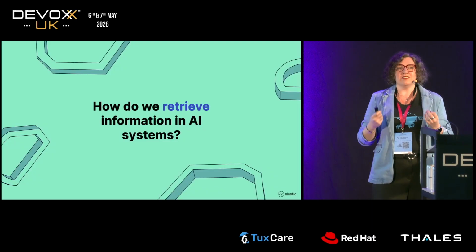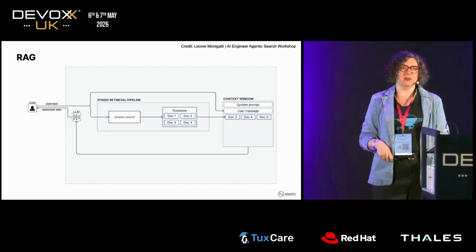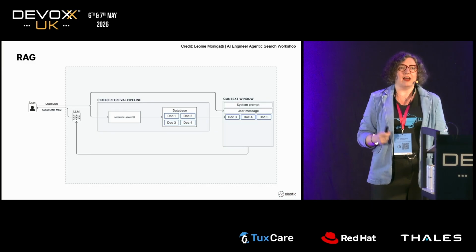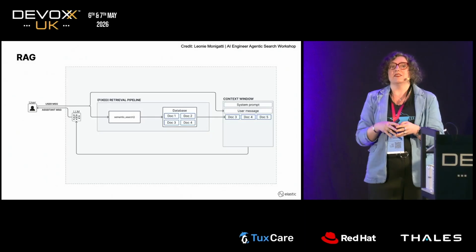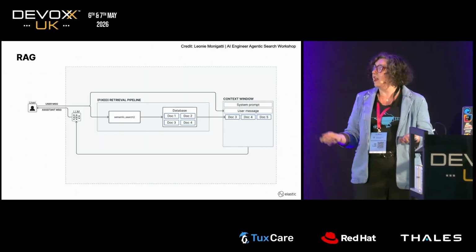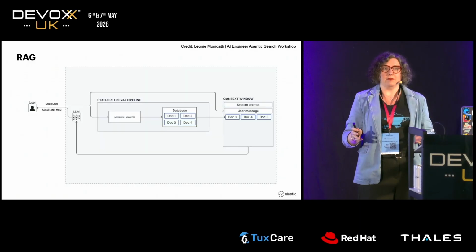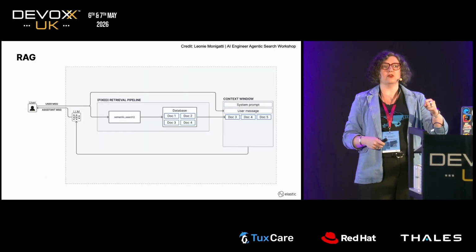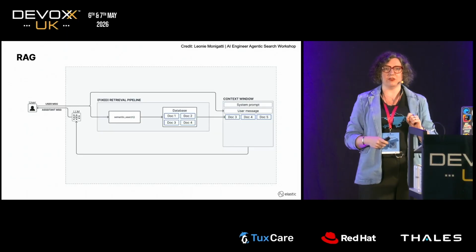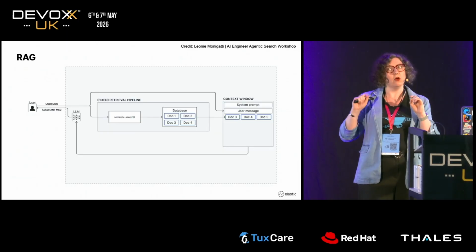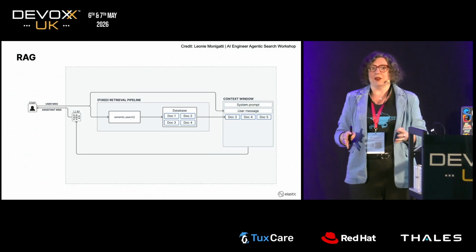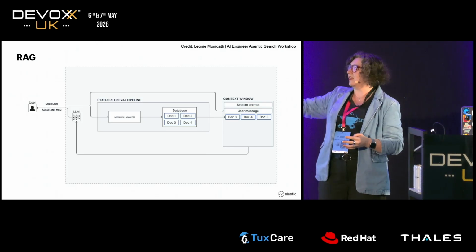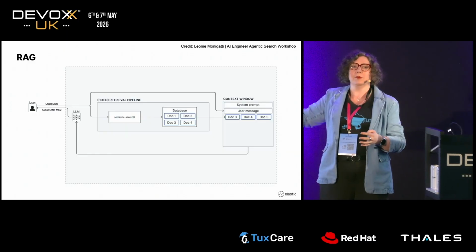Now, we need to therefore know how to get the right information into these agentic systems. And the way we always talk about doing that is RAG. So for those who weren't familiar when I asked earlier, RAG stands for Retrieval Augmented Generation. It's a fixed pipeline. It goes off and fetches results, normally utilizing a vector database and semantic search, but not always, as I'll make the argument for, to pull out the relevant documents that we want, that therefore are going to be passed into the context window.